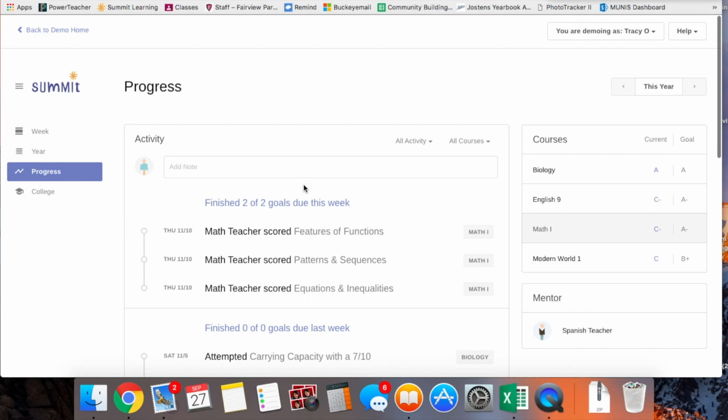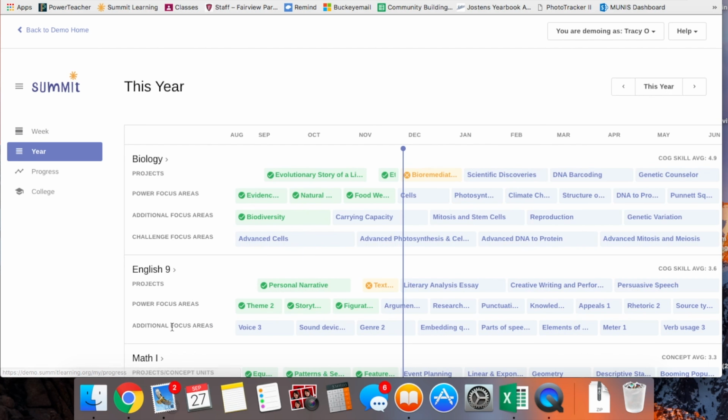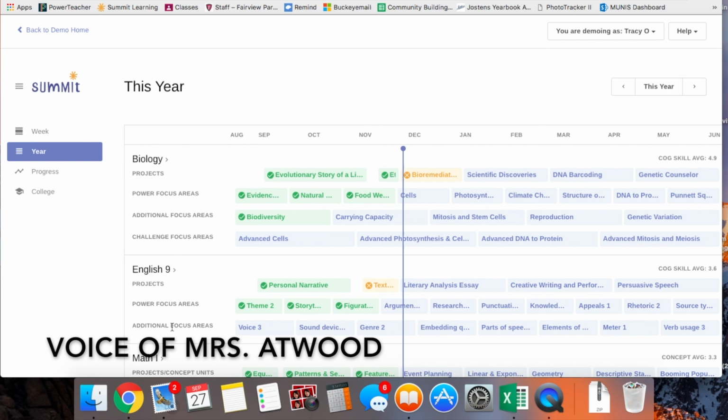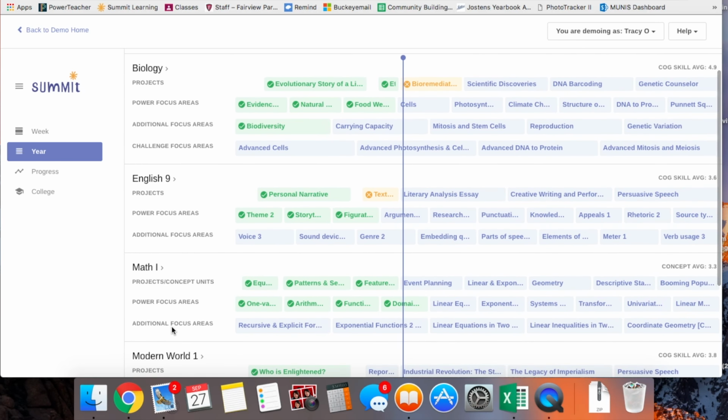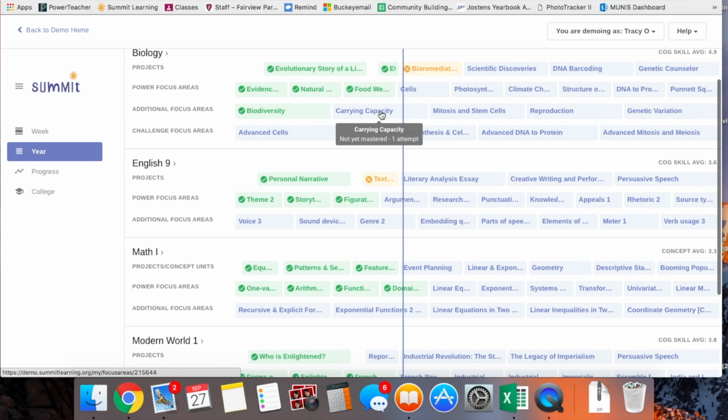Next, we are going to talk a little bit about the colors on your year screen. Hey there, so I'm just going to quickly go over any of the colors you might see on your year screen. First, we're going to take a look at what you might see in a focus area. So these are those bottom 2 areas here. If you were to see a focus area with a red outline, that just means you've probably attempted the content assessment and achieved a 5 out of 10 or lower. This is just letting you know this focus area still needs some attention from you and or is late by means of the blue line pacing.